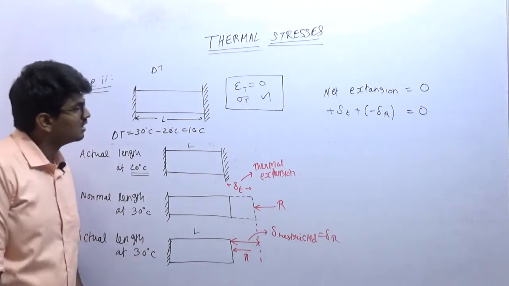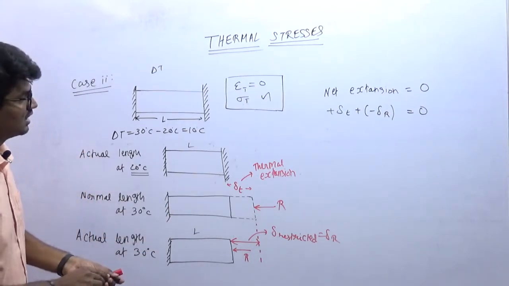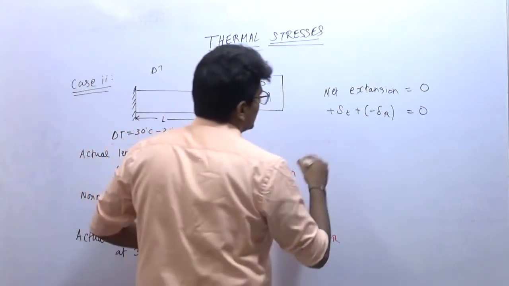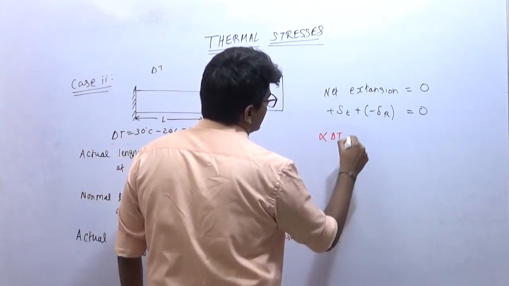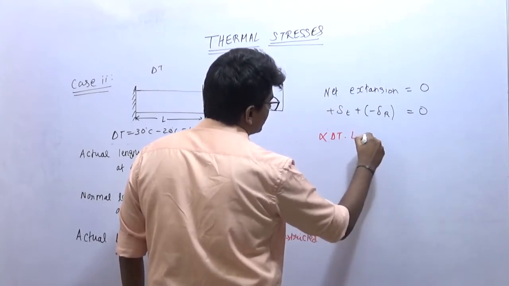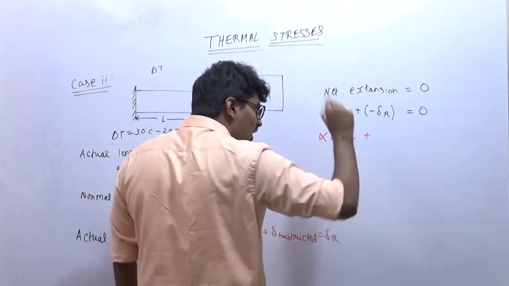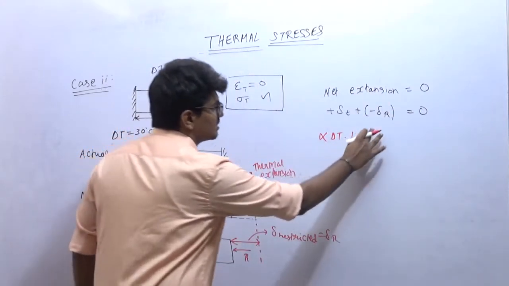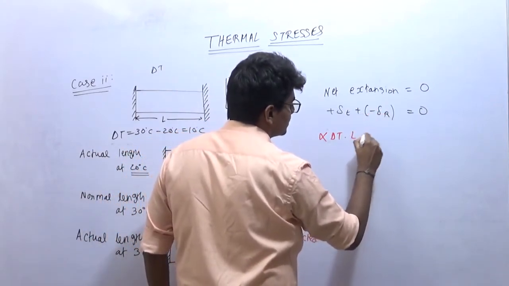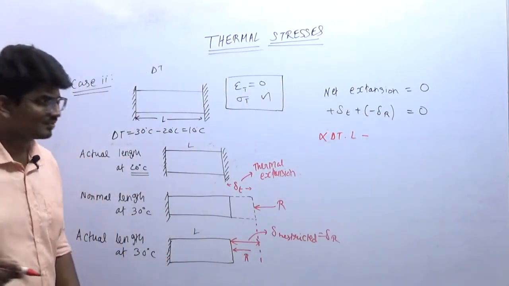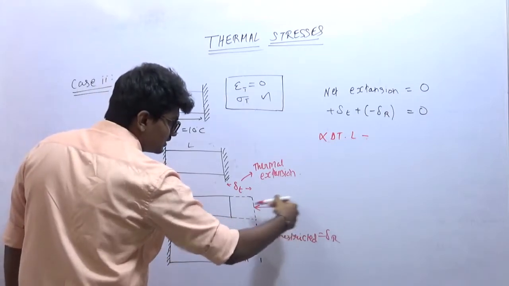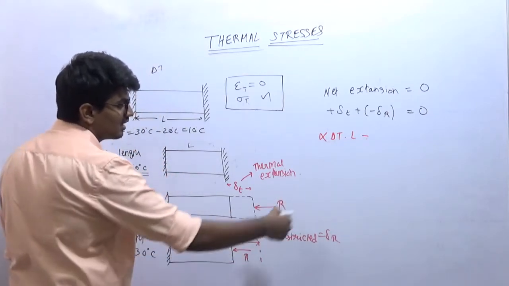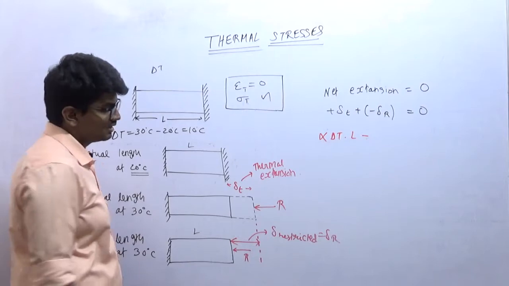Now substitute it. What is delta T? Delta T is alpha delta T into L, plus what is minus delta R? I will just keep the minus here. What is delta R here? Simple. It is a compressive reaction force, so it is something like an axial load, right? This reaction force R